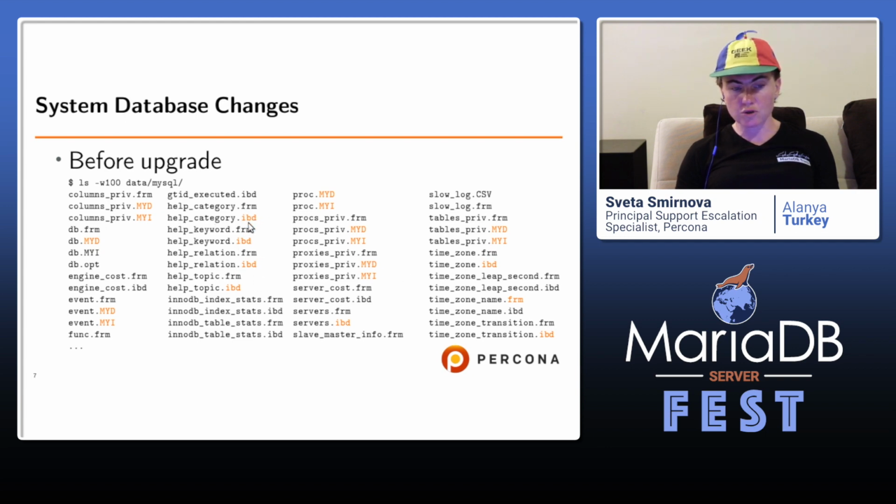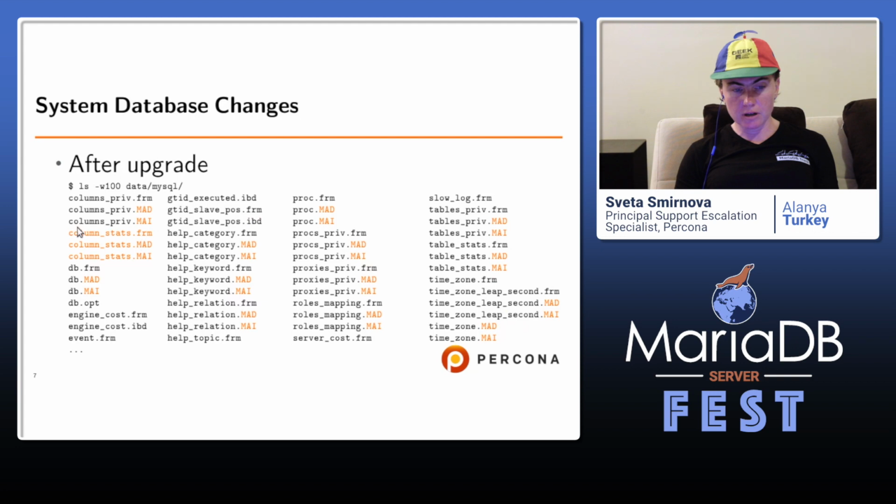Pay attention to those underlined in orange, because MariaDB converts most of the tables to the Aria storage engine with a different extension, MAD, and it also converts some InnoDB tables, not only MyISAM tables, to the Aria storage engine, but not all.